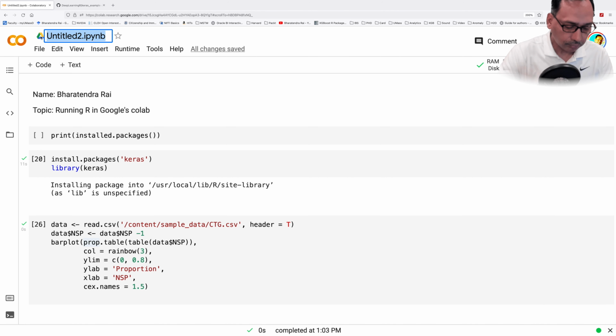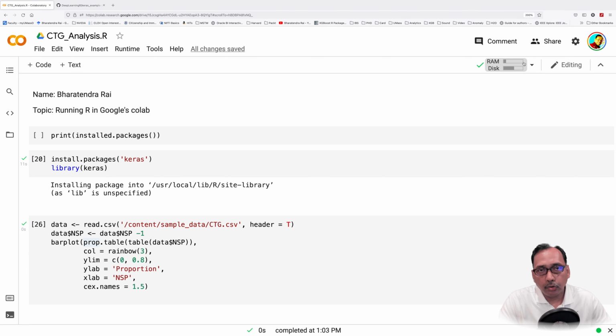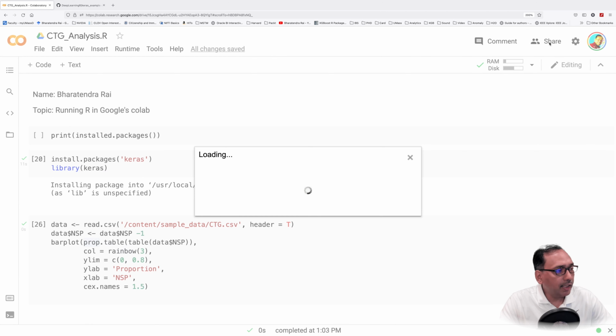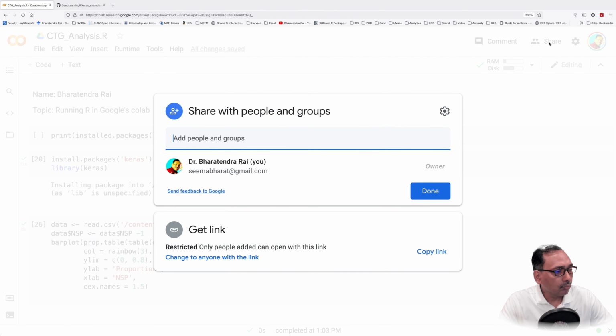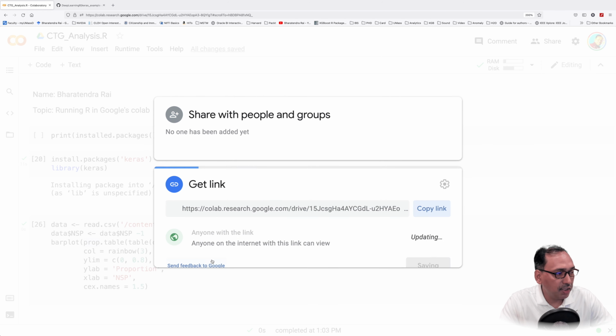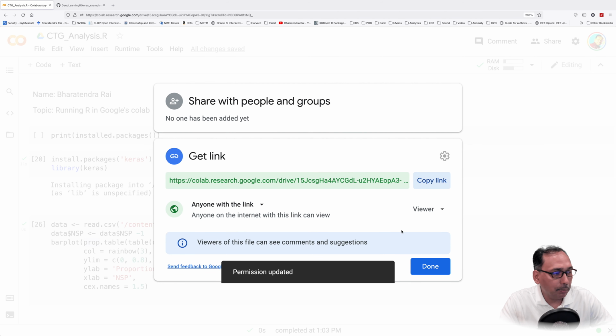Now you can save this file with another name because this is not a Python file. So we can say CTG analysis.R. You should also be able to share it with anyone. You can provide this link and control restriction, whether you want somebody to see or you don't want everybody to see. Those things you can change here by changing the type.